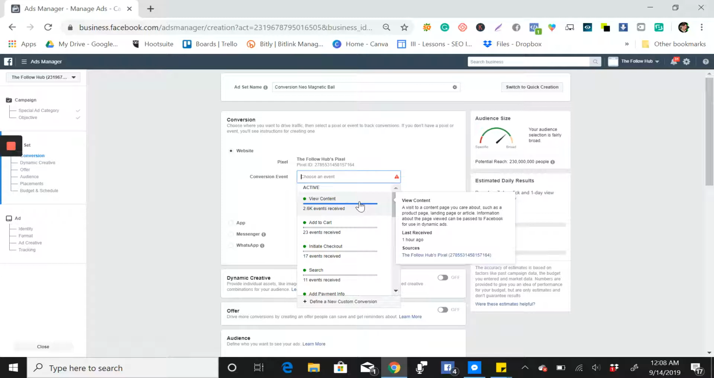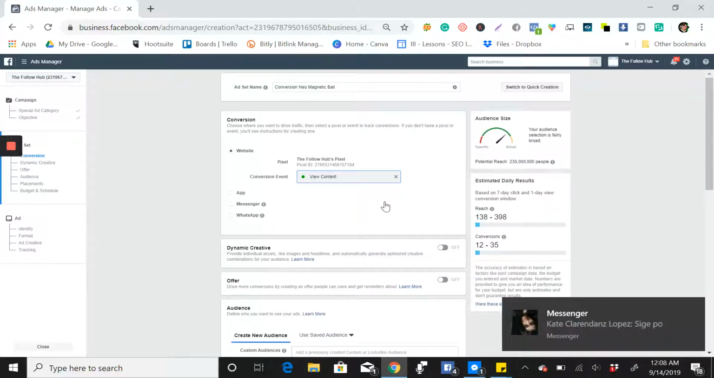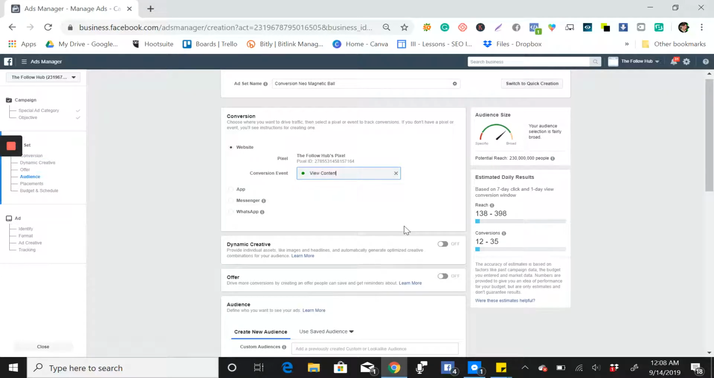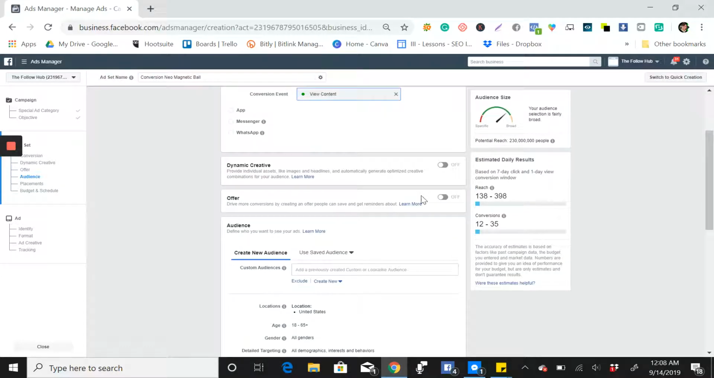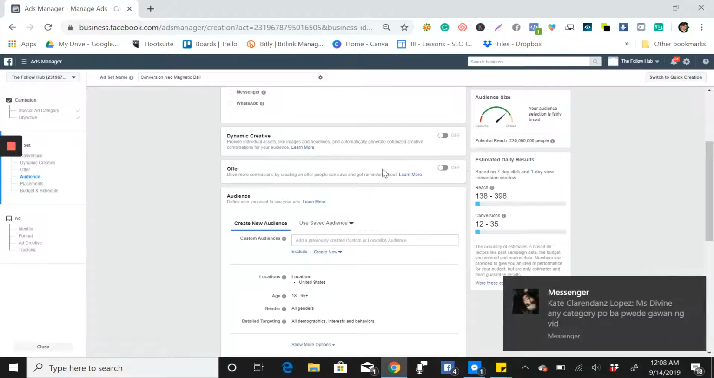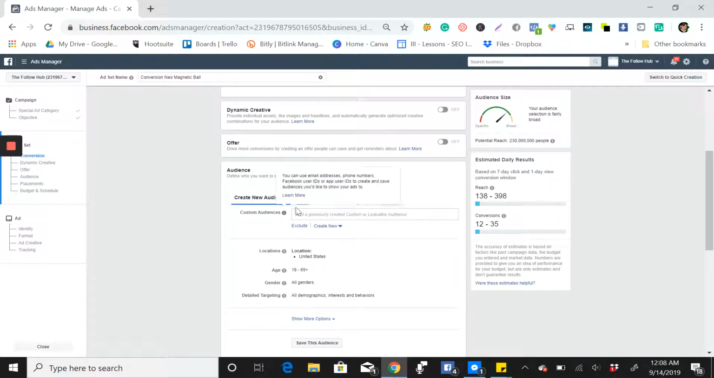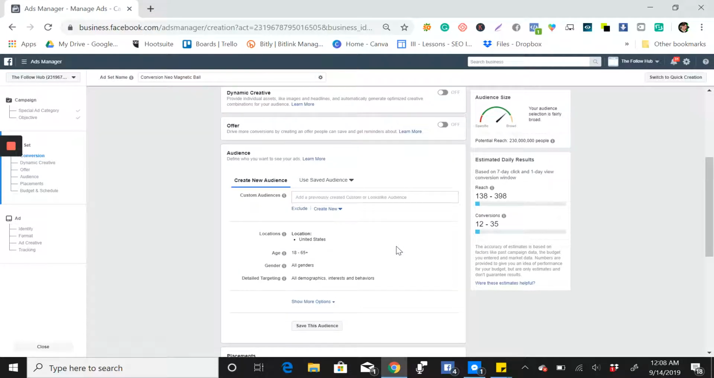What you need to do is view content first, because like I said, we are collecting data first for your store. We need to know the people that are really interested in your store or in your product. So that's why we need this view content. You will not do anything here in dynamic and offer, and then here create a new audience,